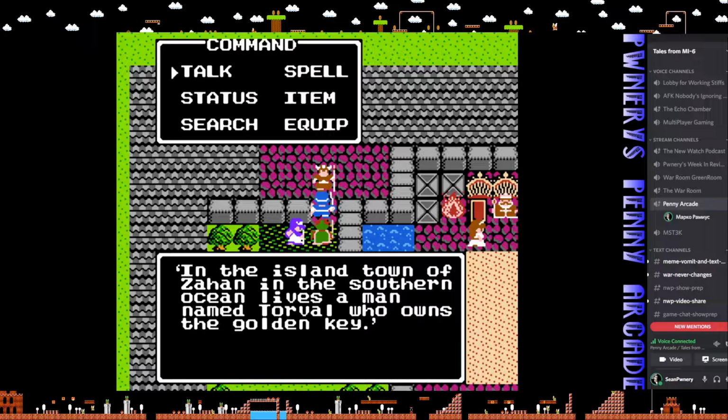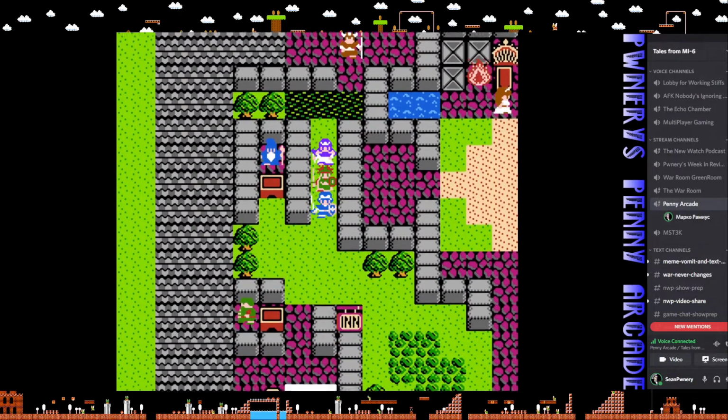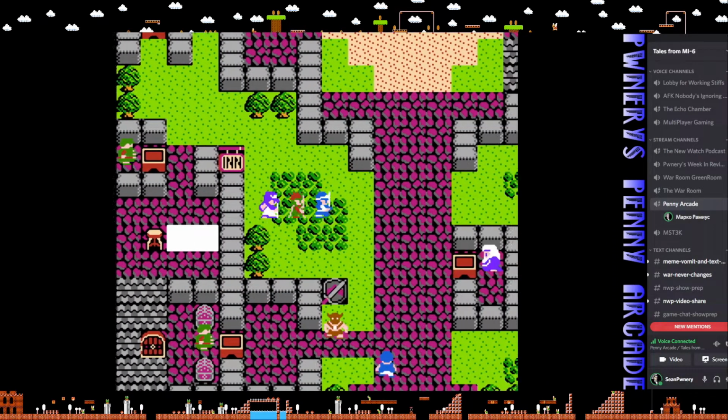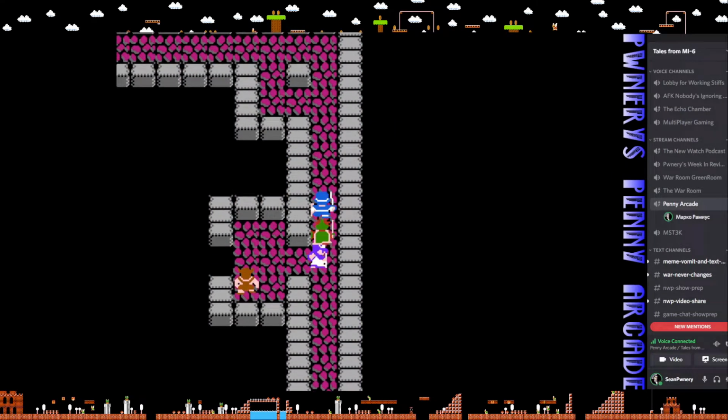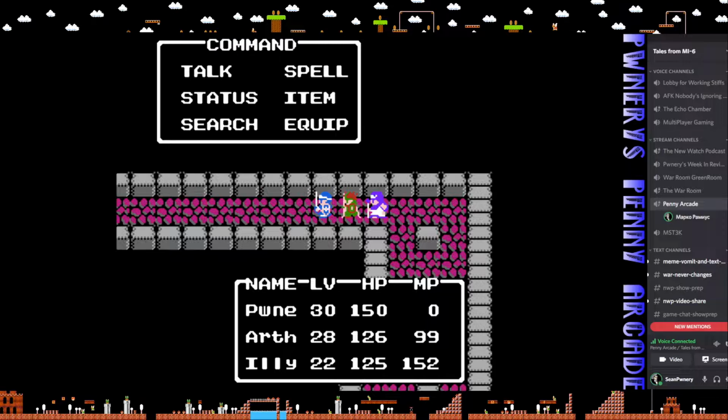In the island town of Zahan, in the Southern Ocean, lives a man named Torval, who owns the Golden Key. Actually, I own the Golden Key already. Thank you very much. Alright, let's go around the long way. Matter of fact...